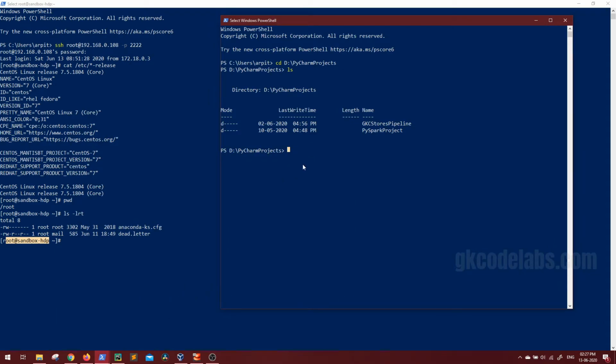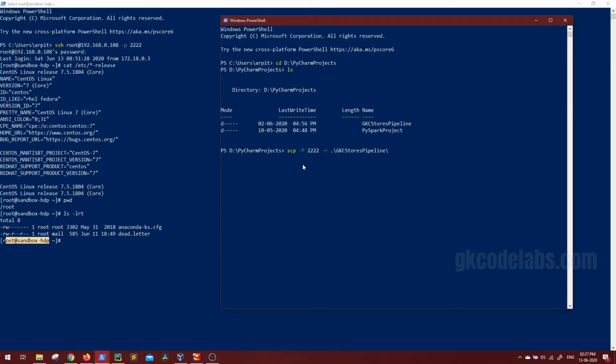So I can issue the command scp hyphen capital P. For scp you have to give the port first with the capital P option. So port was 2222 and hyphen R is for directory. Which directory, in case the directory will have multiple folders and files. So to recursively copy we have to give hyphen R. What we have to copy, then give the folder name.